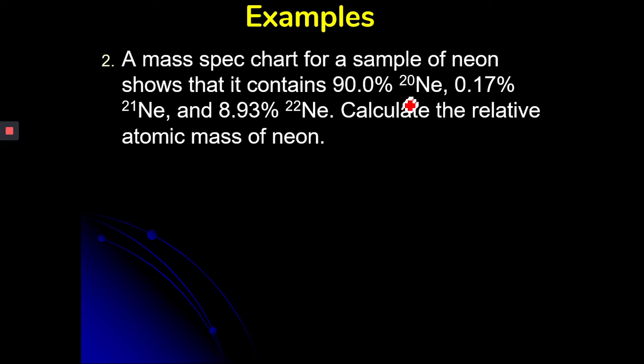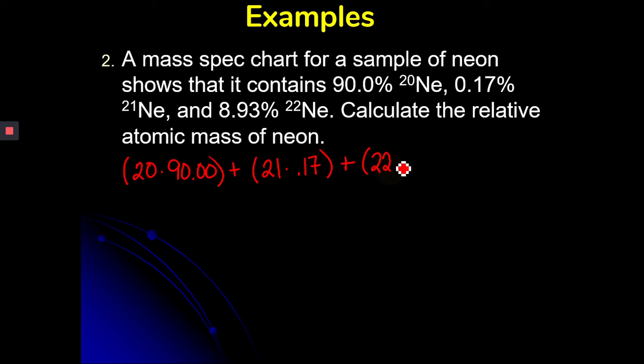Looking at another example, we have 3 isotopes, neon-20, neon-21, and neon-22. So we would take the mass, 20, times the abundance, 90%, plus the mass of 21 at 0.17%, plus the mass of 22 at 8.93%. And so if we were to add all of that together,